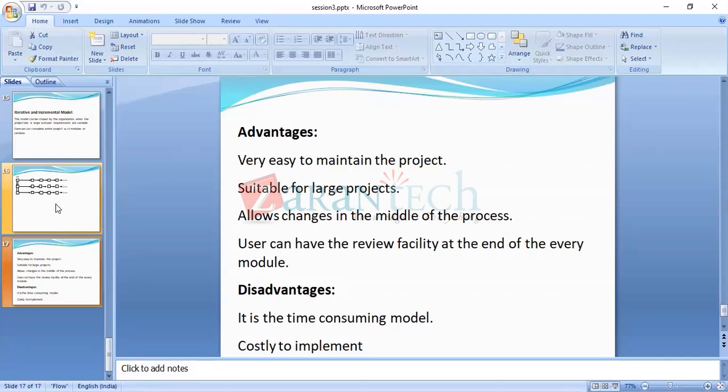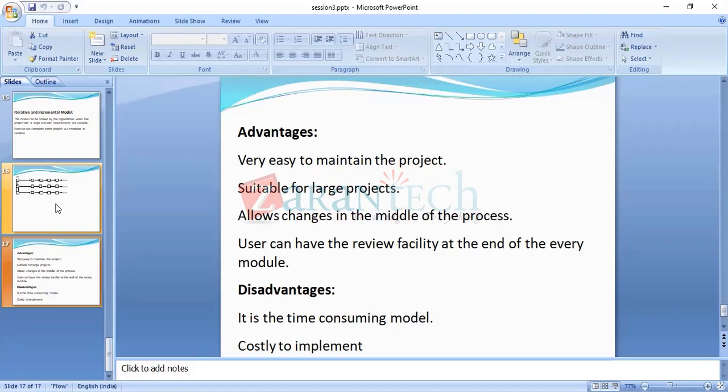Allows changes in the middle of the process. See, X model we have released to your clients. While using the X model, they may expect some new requirements or not?